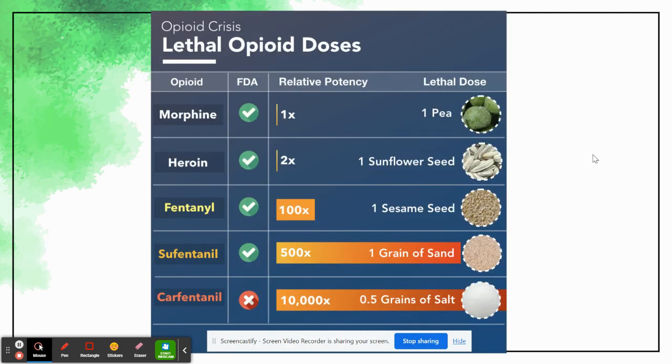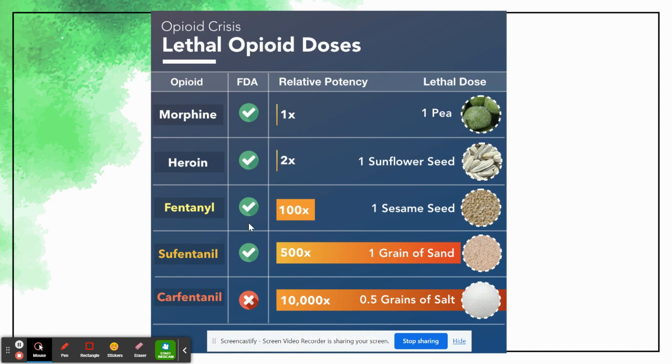So just to show you a common substance that we look at LD50s for, if you look at something like fentanyl, all the ones that have the green check mark mean that they are approved by the FDA. You can get them with a prescription, but they are terribly, terribly toxic. They work excellent as a pain reliever, but really should not be dosed out anymore because they are simply so toxic. So if you look at something like morphine, a lethal dose of morphine is about the size of a pea.